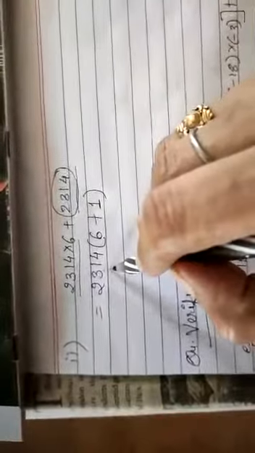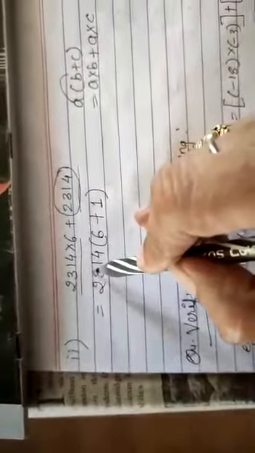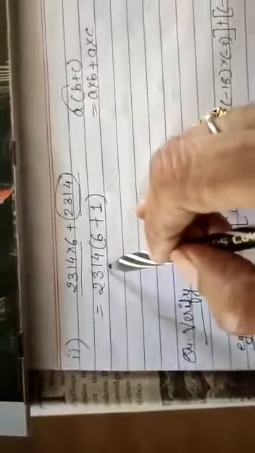Now how to check that whatever you have taken out common is correct or not? See children, you know the distributive property. What is the distributive property? This is the property. So what we do, A into B plus A into C. So you see now, this part was given, so you must get this part. So if I simplify, you should get the upper step. If the upper step is not coming, it means whatever you have taken out common is wrong.